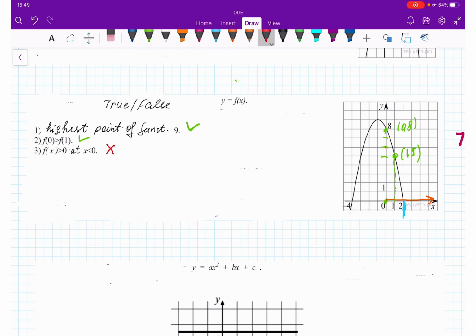Oh, wait a minute, it says less than 0. Okay, well, I analyzed greater than 0. Now let's analyze less than 0. It won't hurt, so let me clean this, since I don't know if it's true or false. So less than 0, when we have less than 0,